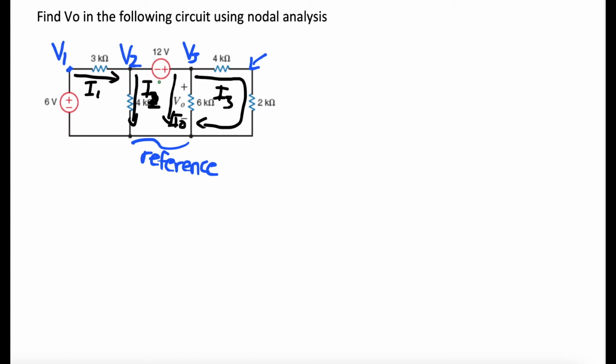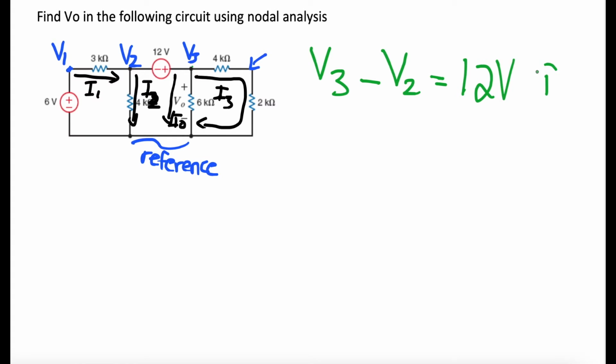So we can make an easy assumption of an equation, right? We always start from the positive and go to the negative, so positive minus the negative. The positive side is the V3 end, and V2 is on the negative end of the voltage source. So V3 minus V2 is what's equal to the change in voltage described by the voltage source, which is equal to 12 volts, right? So that is what our first equation is going to be.